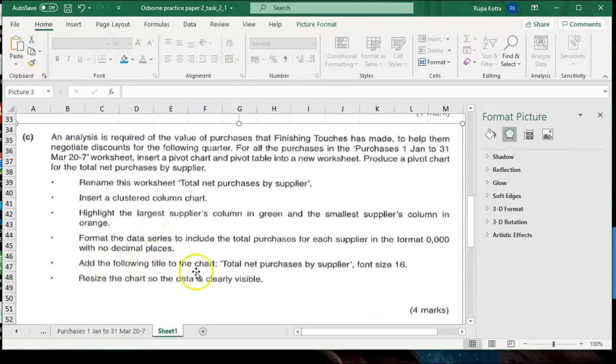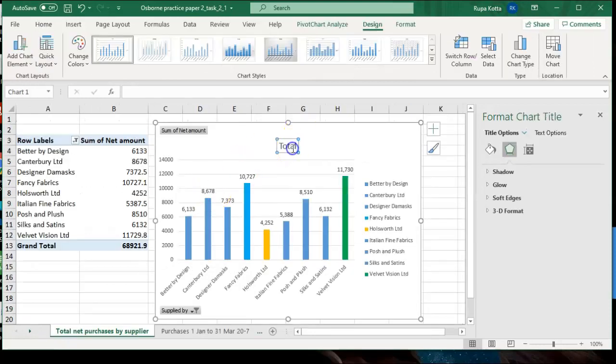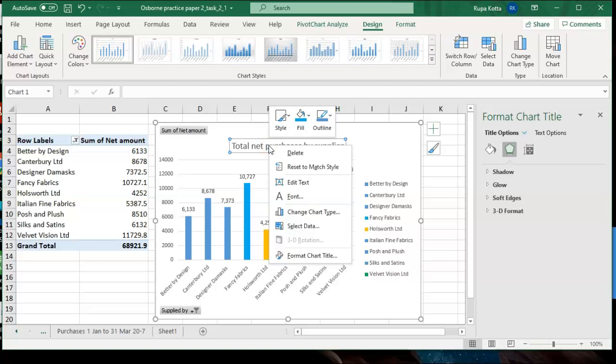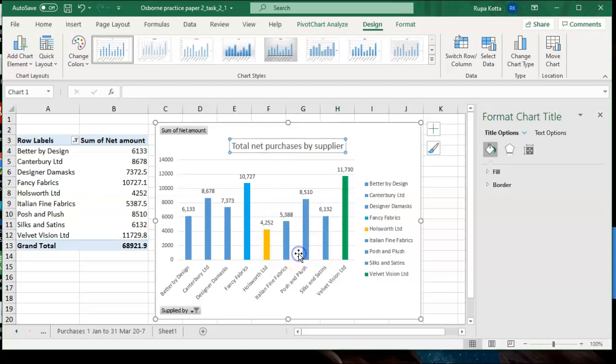Add the following title to the chart: total net purchases by supplier in font size 16. Resize the chart so that the data is clearly visible. So they want you to change the title: total net purchases by supplier, in font 16. So select it and see if your font is correct or not. Format chart title.